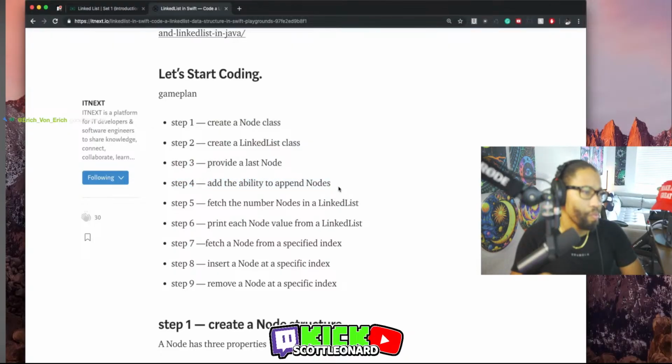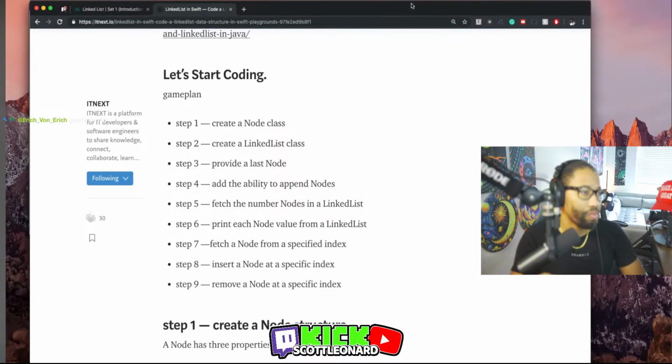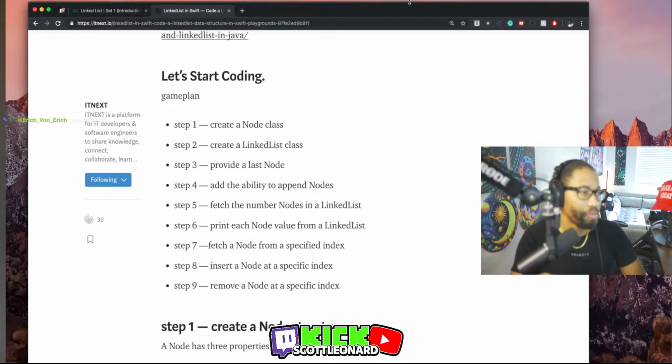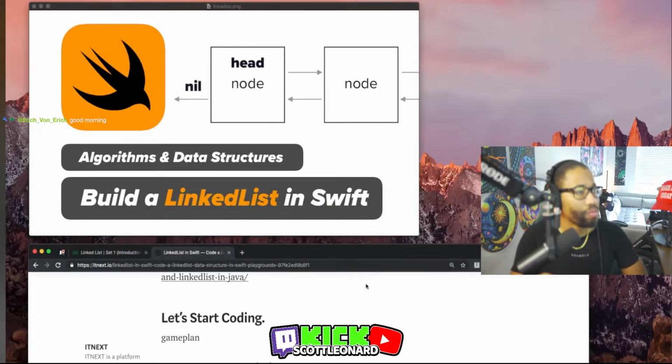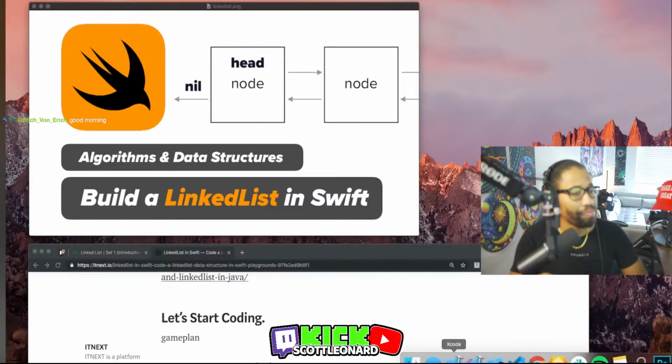We're going to be creating the ability to append nodes to our linked list, and we're going to be talking quite a bit about pointers in that video. So let's go ahead and jump into the code by first going over to Xcode. And if you've been watching my SwiftUI videos, you'll notice that I use the Xcode Beta 11 beta quite a bit. In this series, I'm just going to be using the latest version of Xcode. Now, if it's 10 months from now or whenever the next version of Xcode is going to be publicly released, it doesn't matter which version of Xcode you do this on.